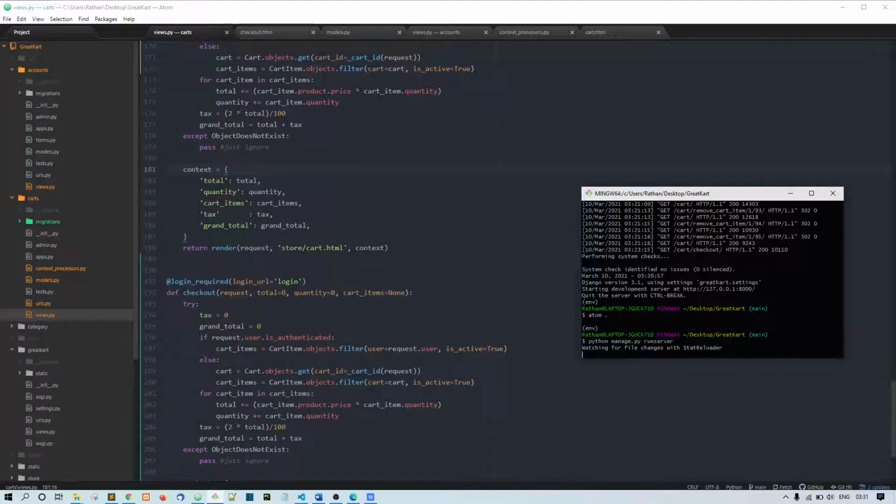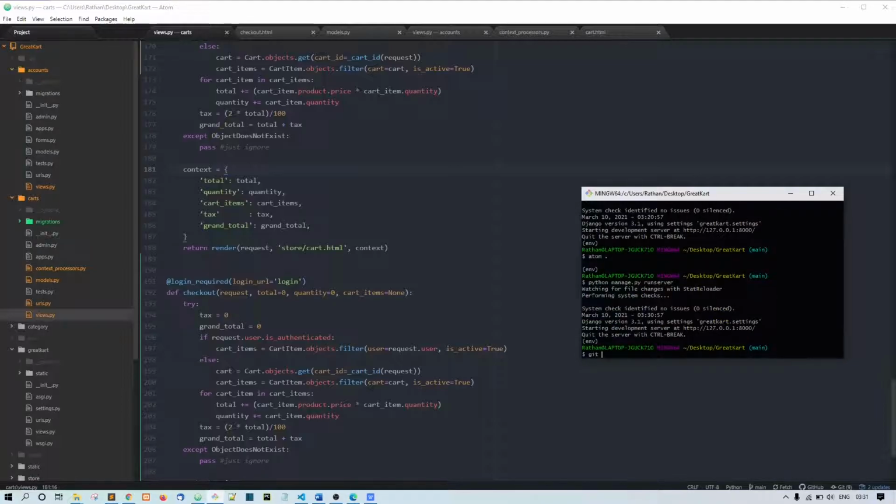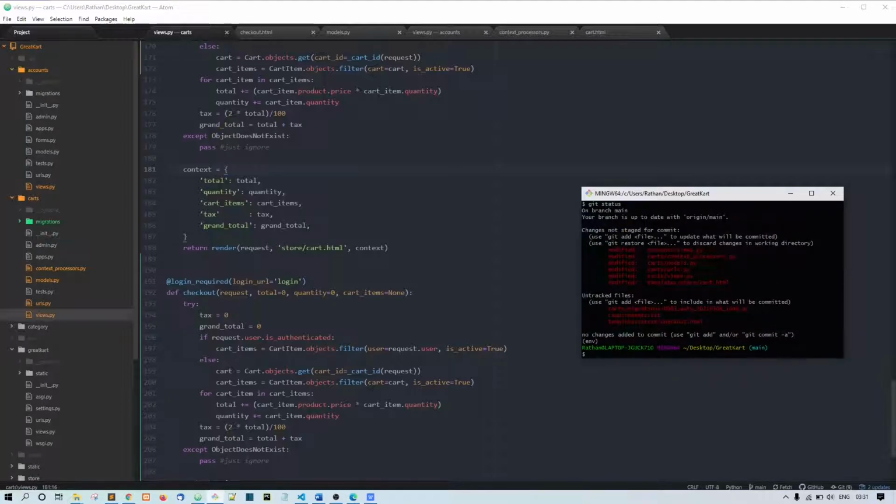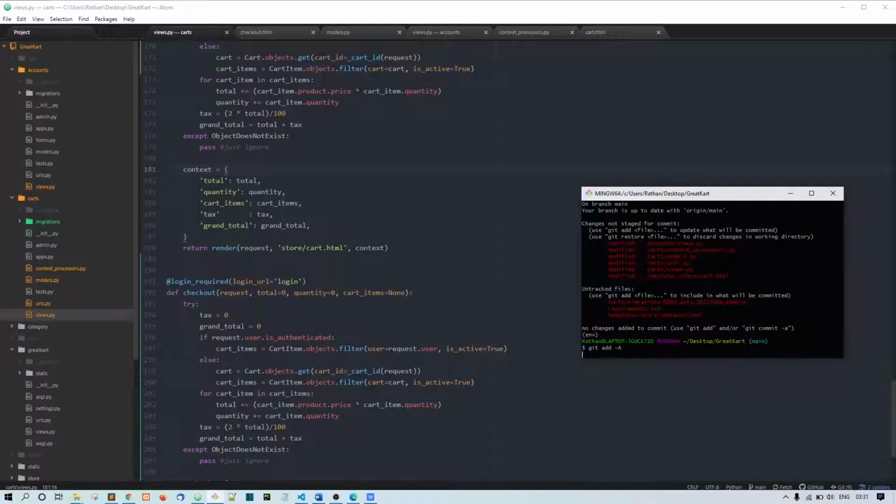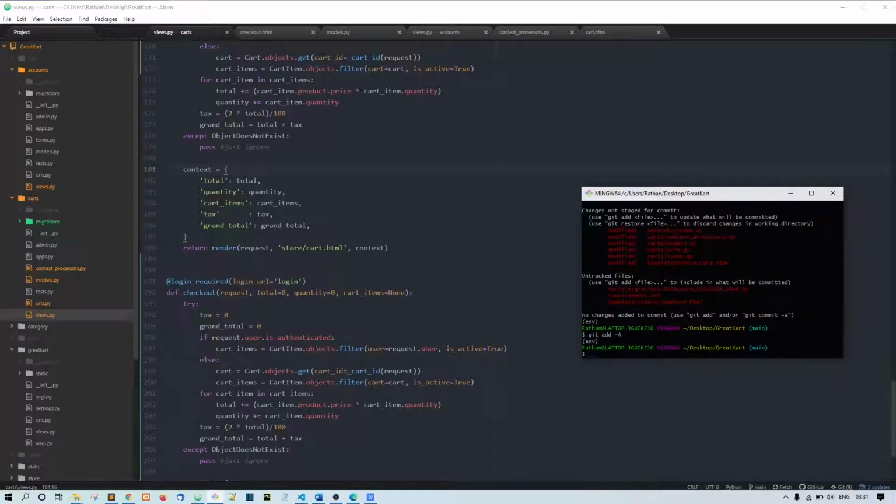So I'll just stop the server and see what is there to push. We have some account, views, cart, context changes. I'll just say git add -A. We'll first push all this code to GitHub before we get started with the orders.